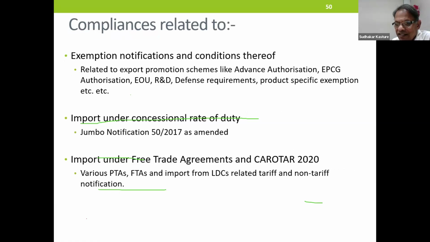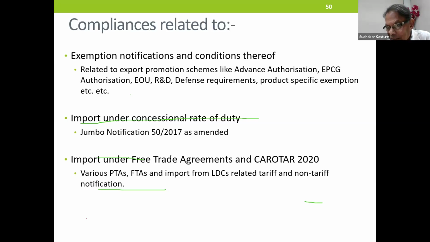Exemption notifications and conditions related to each exemption is a loss for the revenue at the beginning. What the Customs Department is saying is, you are clearing the goods without payment of duty and giving me a legal undertaking that you will comply with the conditions. But today, I'm not getting that revenue. It is something like this. You sold goods to somebody on a credit basis. Are you going to follow up? Of course, yes. Because goods have been delivered, money is not received.